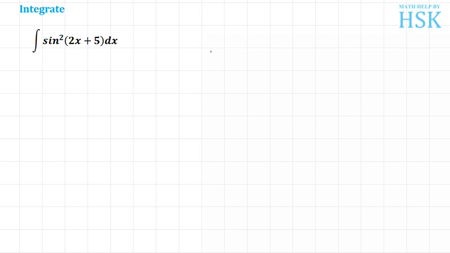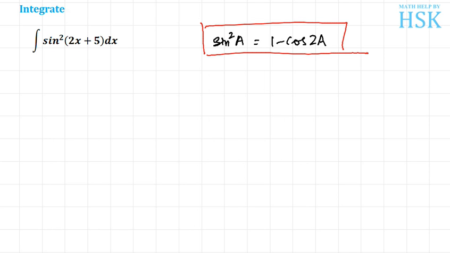So to integrate, I'm going to use a formula. First of all, let me tell you the formula which I'm going to use. We know that sine square a is equal to 1 minus cos of 2a, all upon 2. So using this formula, I can write this as equal to 1 minus cos of 2 times 2x plus 5,